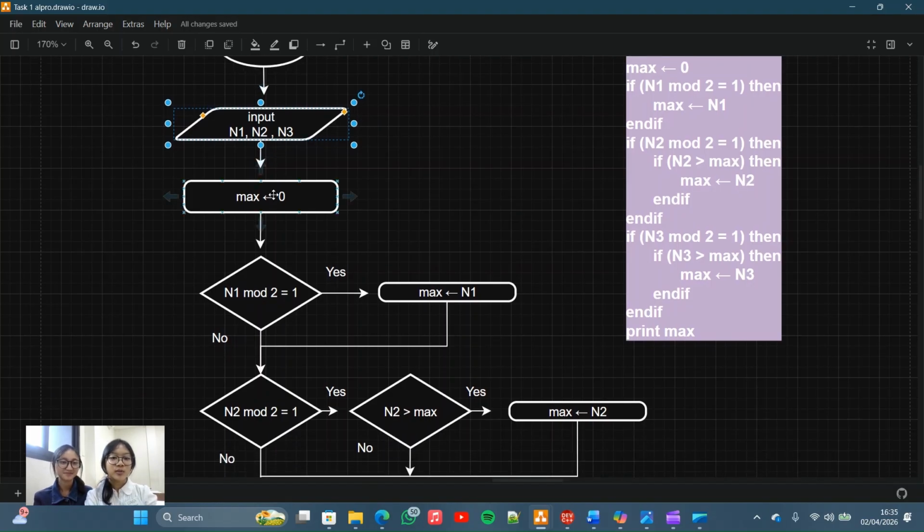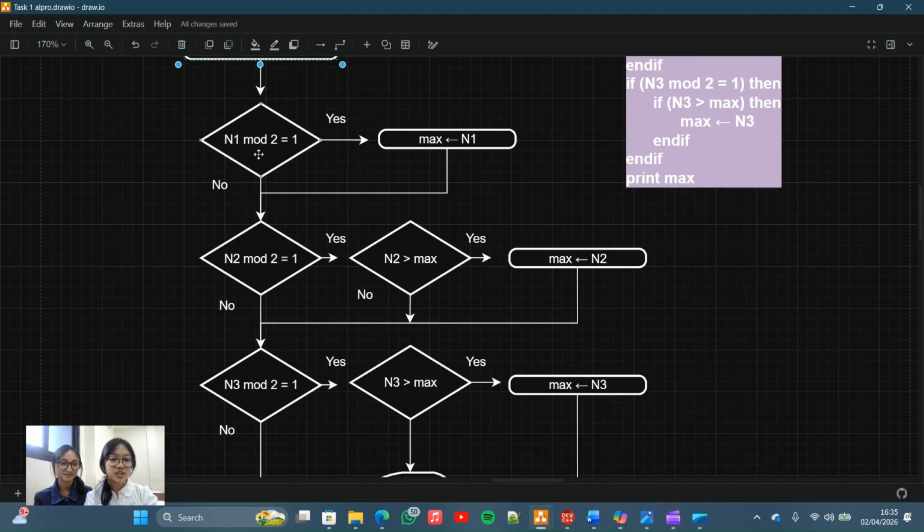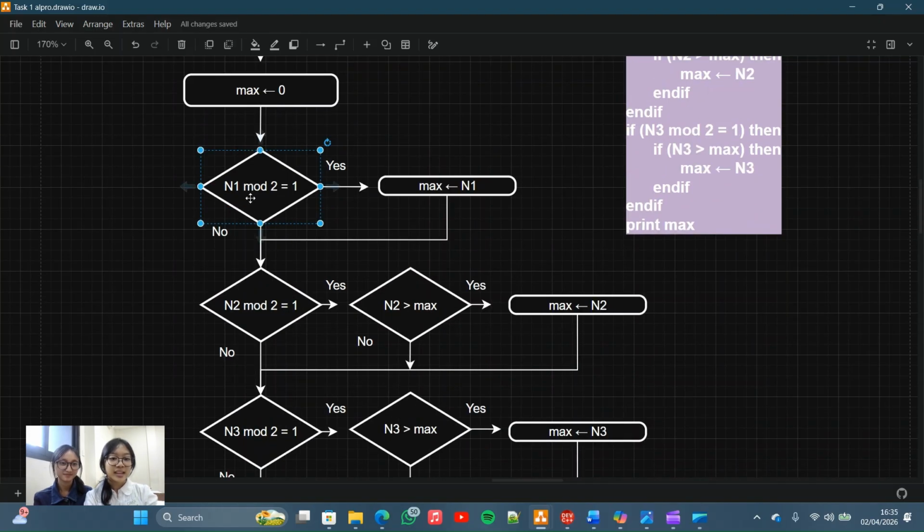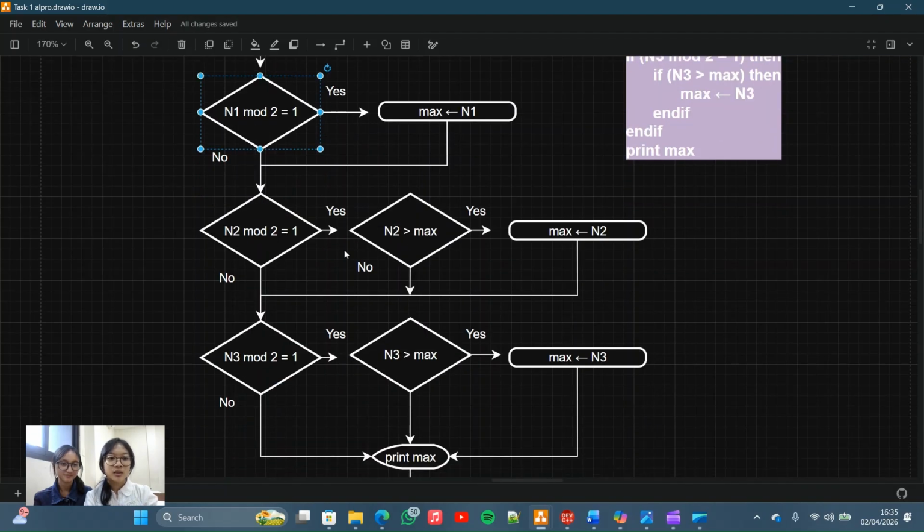And we initialize 0 and store it to max. We use a decision to ask, is n1 modulo 2 equal to 1? If yes, store n1 to max. There's no difference whether the result of this decision is yes or no, because it will go to this part.